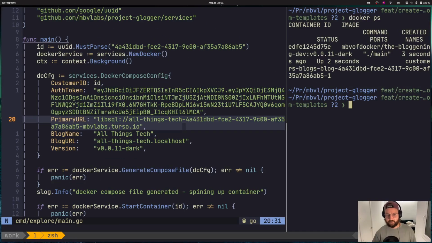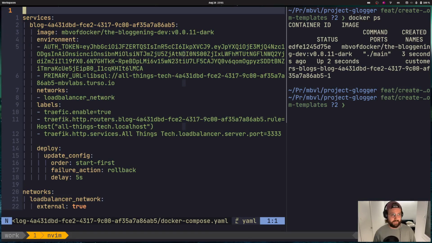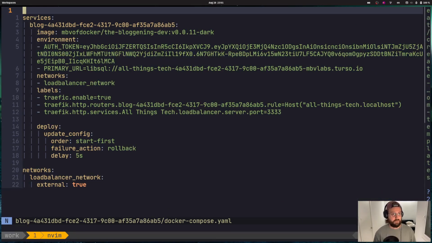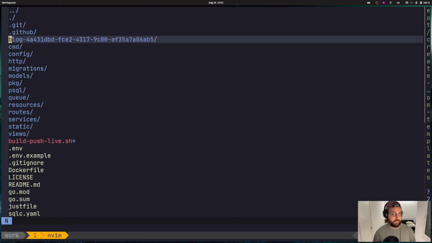Now we can visit this because I need to run traefik as well, and I will do that in just a second. But let's go in and see here what it created. So it created this block-id directory, and it has the file right here. And as you can see, it has filled out all of these variables that we provided. It's going to be passed and swapped out. And we can do this for as many as we want. So this is really, really nice. Using the UIDs makes sure that we don't have any clashes